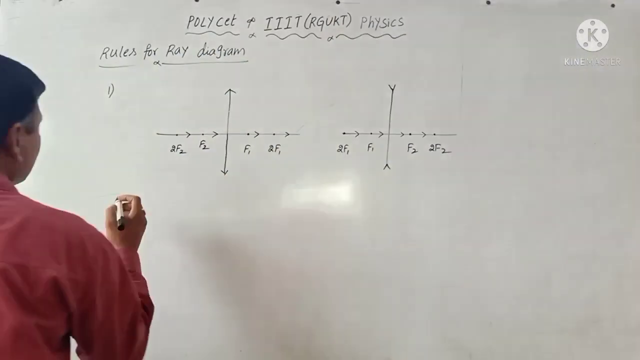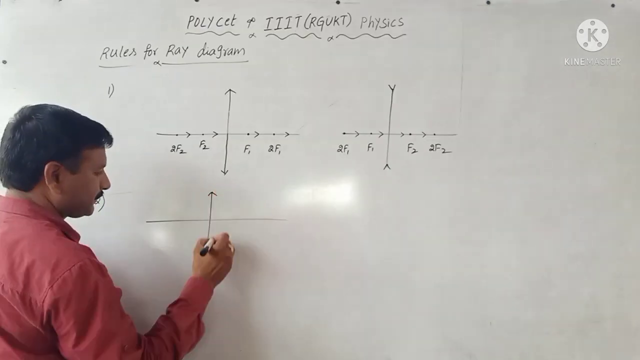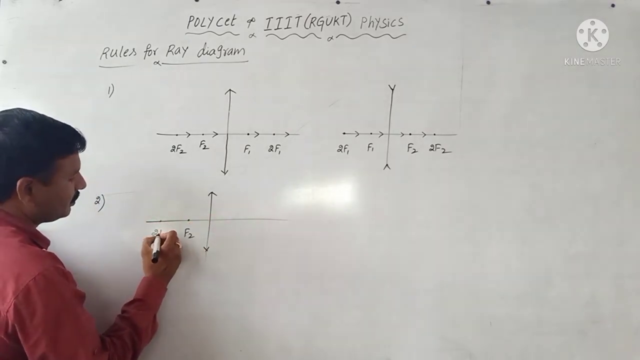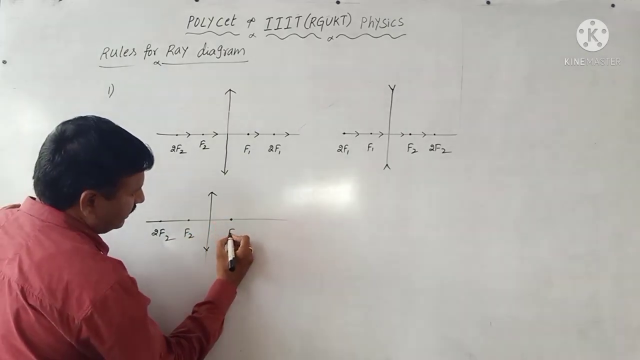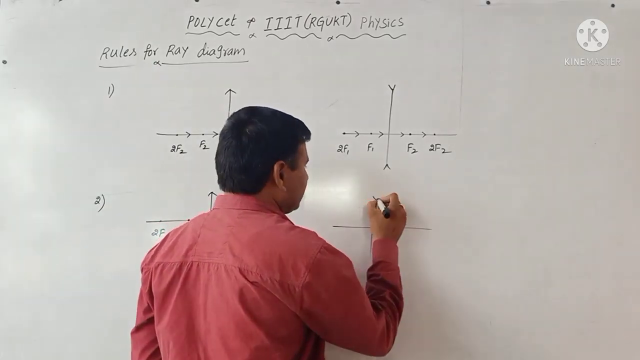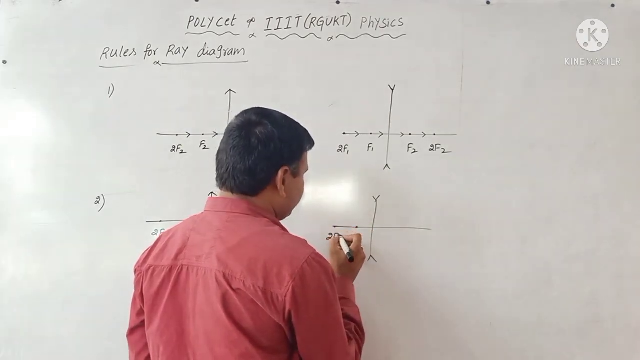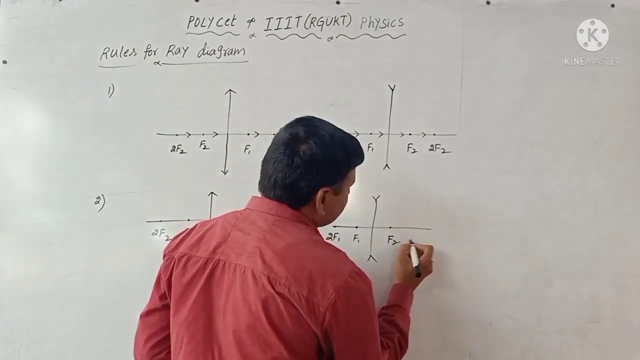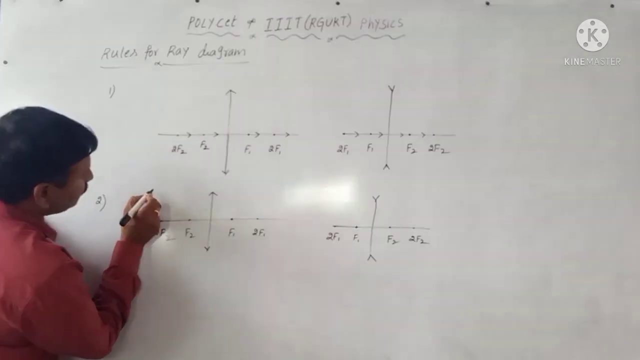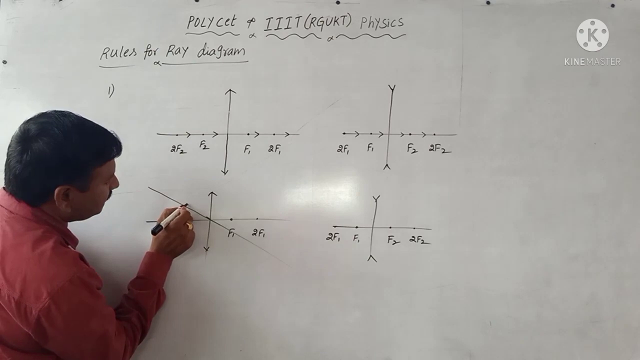Now we go to rule 2. What is rule 2? Again, here taken F2 and here 2F2, here F1 and here 2F1. This one is the concave: again here F1 and 2F1, and F2 and 2F2. So rule 2 says a ray passing through the optic center